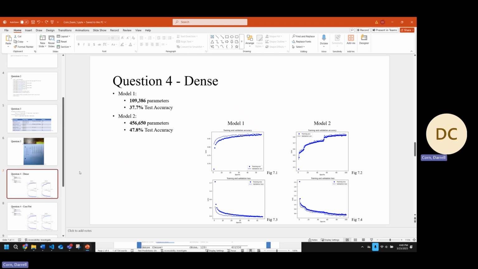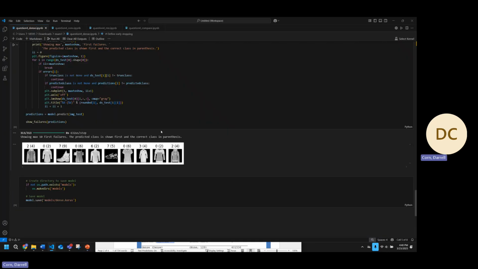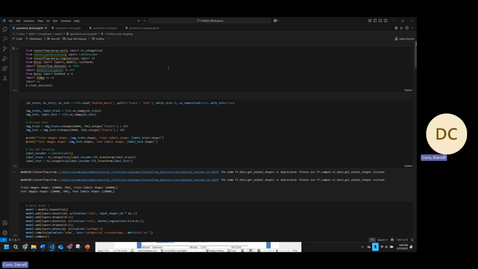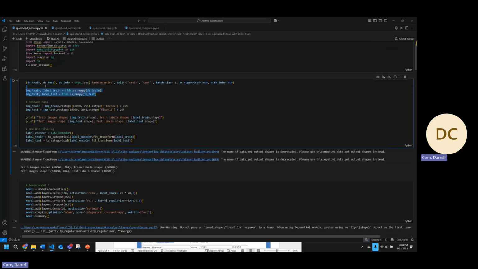On to question 4. So I guess we're going to take a break from the PowerPoint and we're going to go look at some code. Okay. So I'm starting with my dense model. To begin with, we bring in some Python packages,